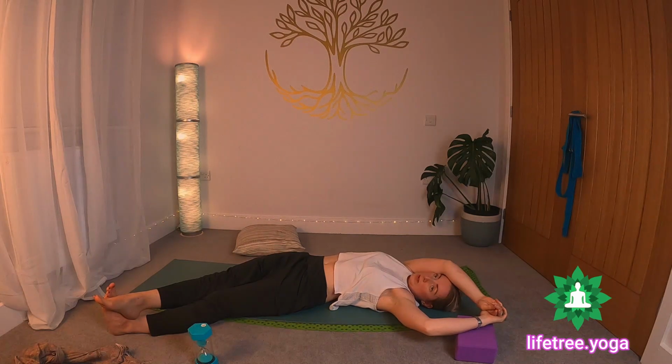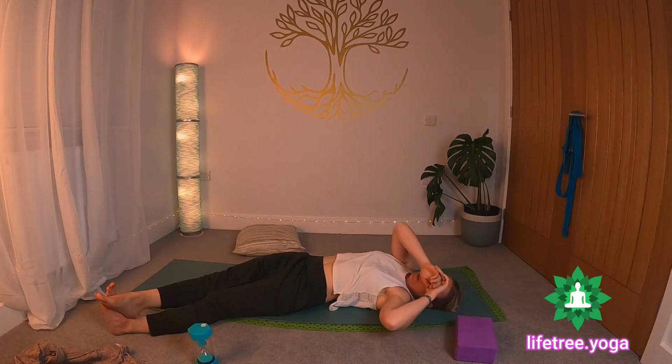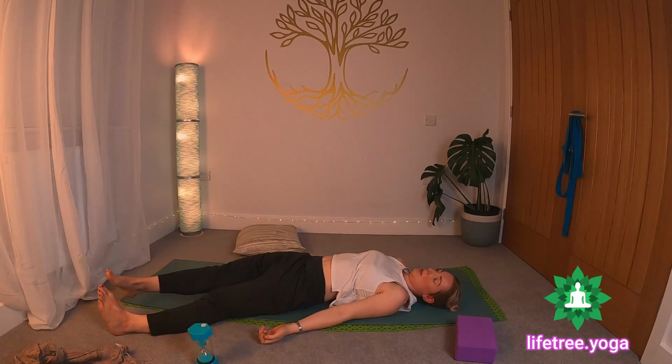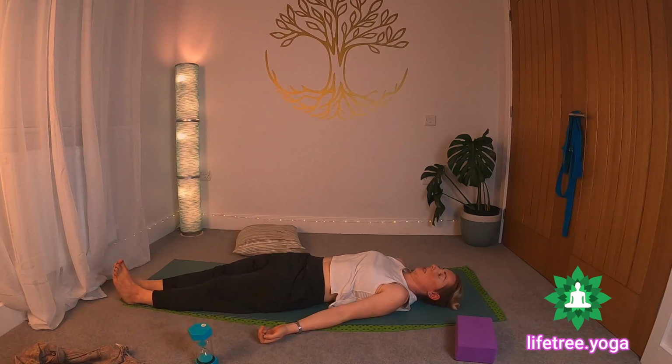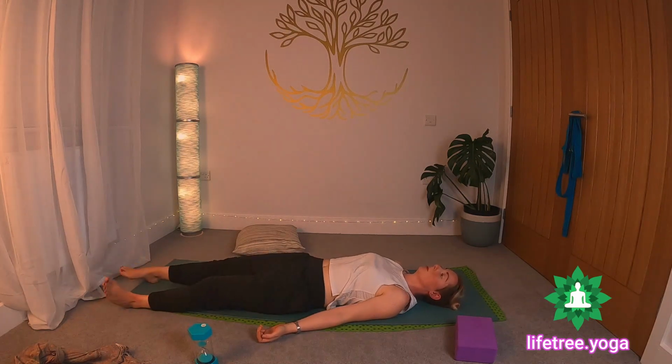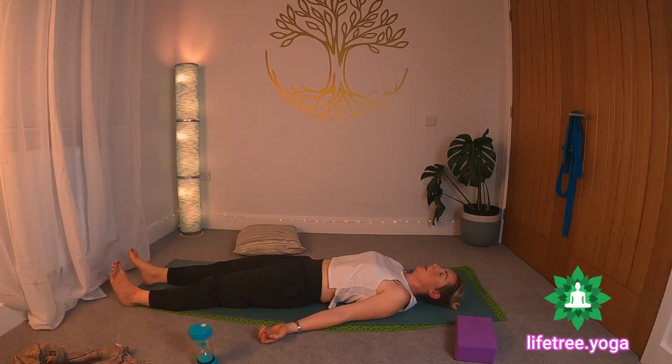I'm going to reverse this pose and come into the other side. So you just take the arms back down by the sides of the body, just give them a little rest. Gently walk the feet back into centre. You might want to take a few little hip rocks from side to side. And when you're ready,